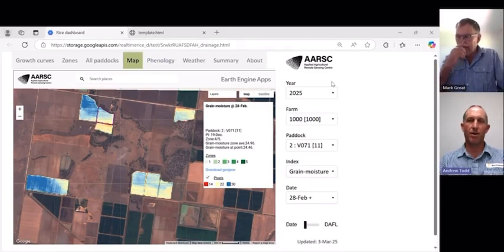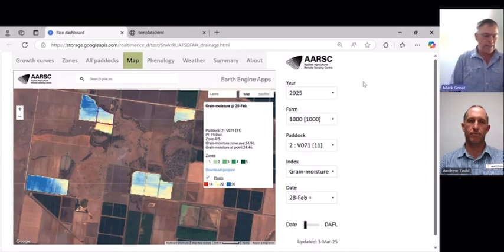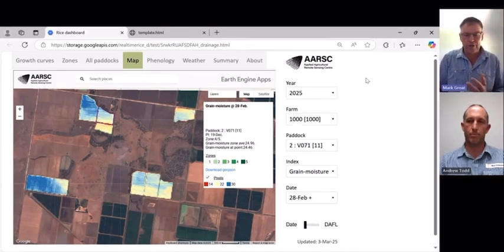keep an eye out for the email from Rice Extension in the coming days with your link. If you've got any questions, give myself or Mark a call. If you can't access the link, or if it doesn't show up in your inbox, check your junk email folder. Yeah, and we'll send a text out with that as well. And if your agronomist isn't utilising this dashboard and isn't showing it to you, do send it to them, and just go through it, because it's proving to be a very valuable tool